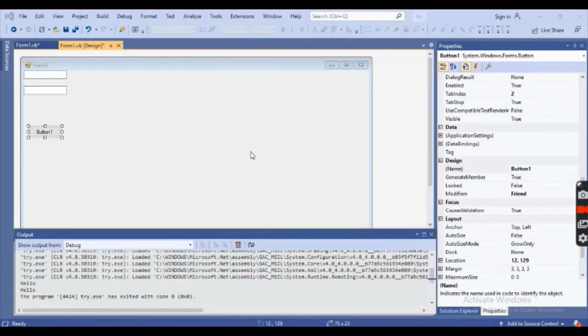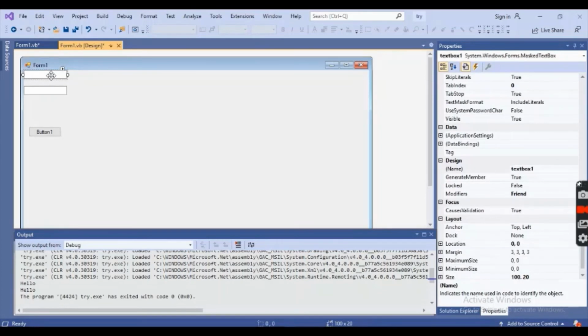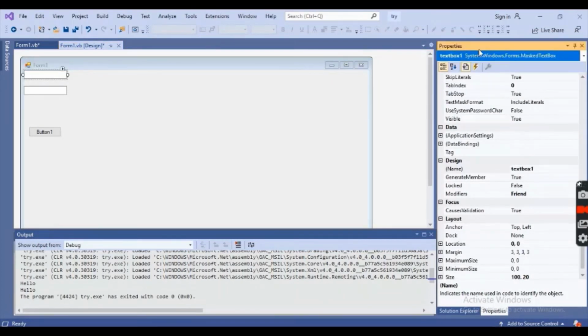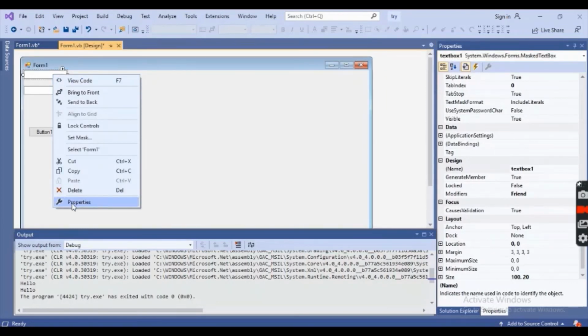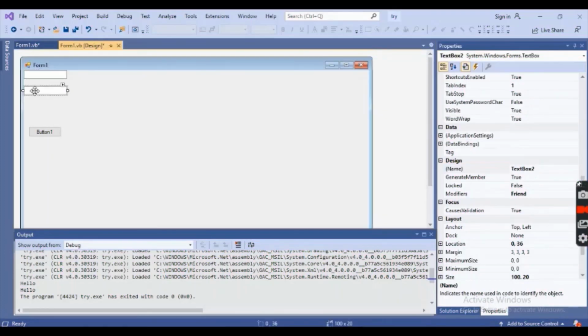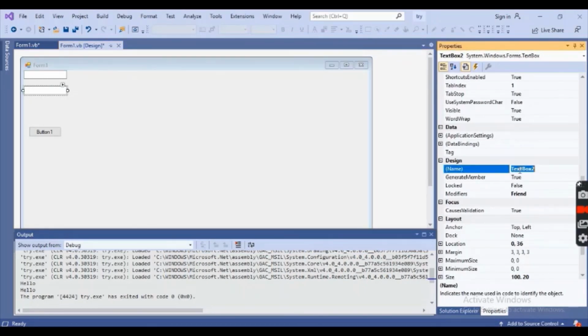In a Windows Forms application, if you click this text box, you can see the Properties window right here. It will appear here, or you can right click, and if it's not appearing, click Properties and it will come here. The important thing is that the name of this text box is TextBox1 and the name of the second text box is TextBox2.